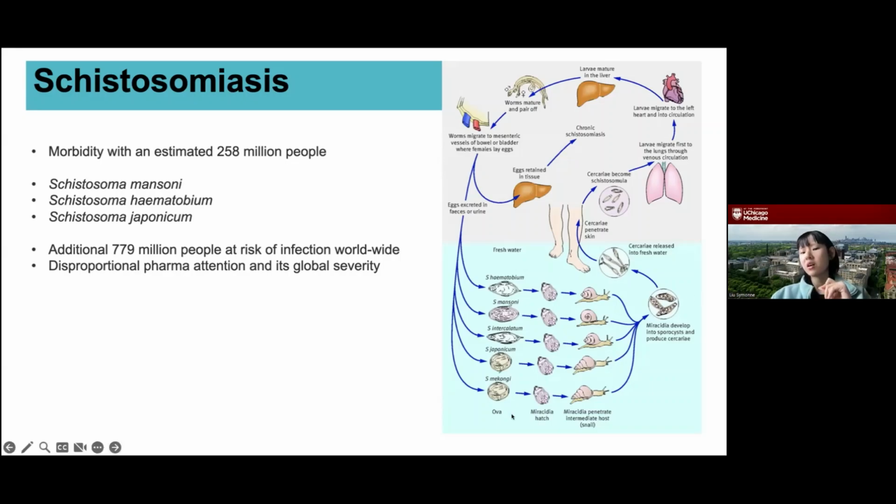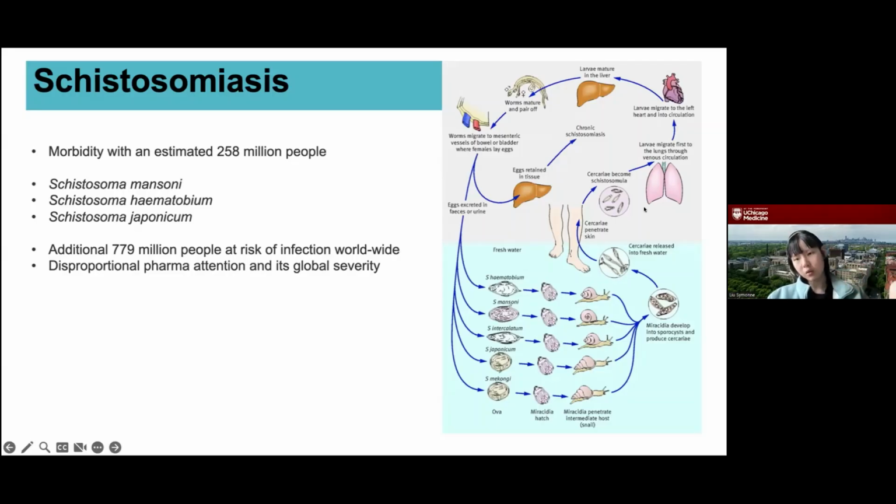And I'd like to tell everybody a little bit more about how this parasite matures, because it's a very interesting process. So essentially, these parasites rely on an intermediate host, a vector. These are the freshwater snails that harbor these parasites. And when these infectious parasites are small, they're called cercariae. These cercariae shed off from these freshwater snails and then penetrate through people, typically those working in fresh water. So these are farmers, these are women helping out with their household work, and these cercariae will penetrate their skin